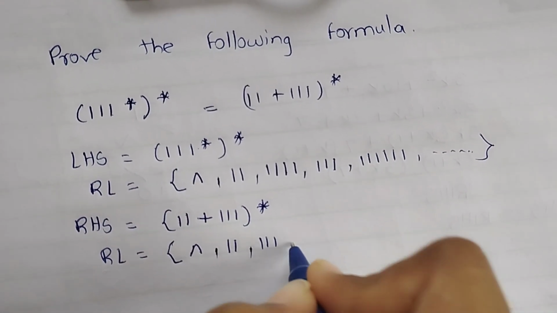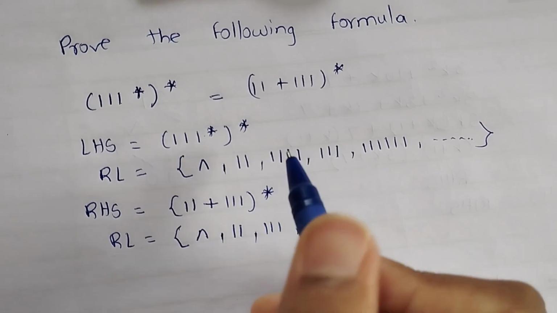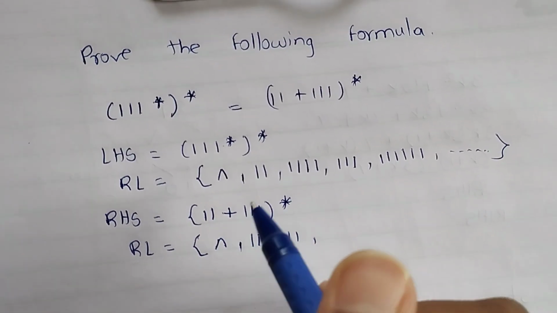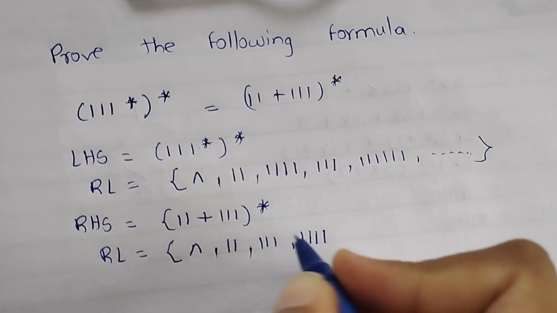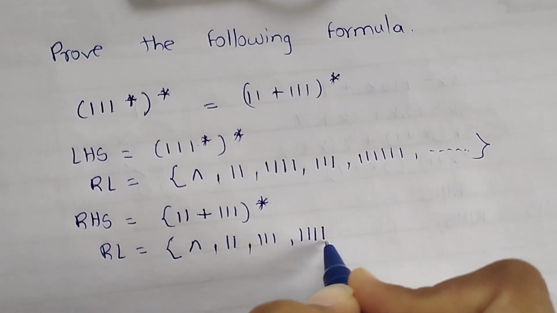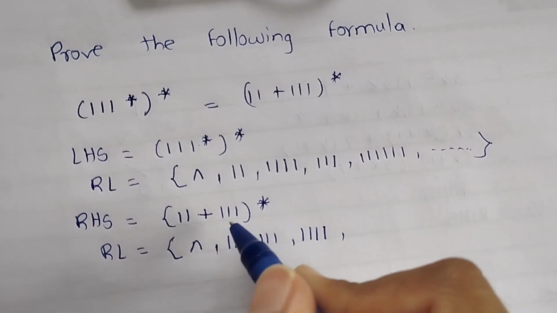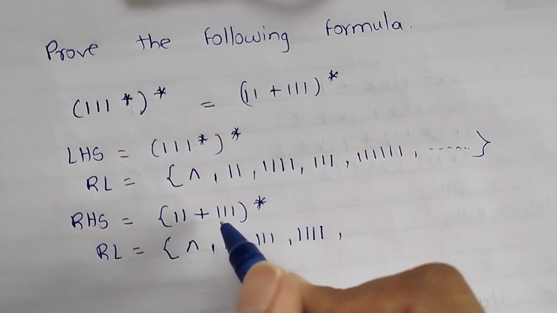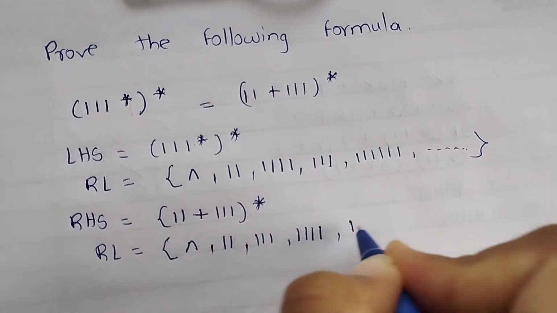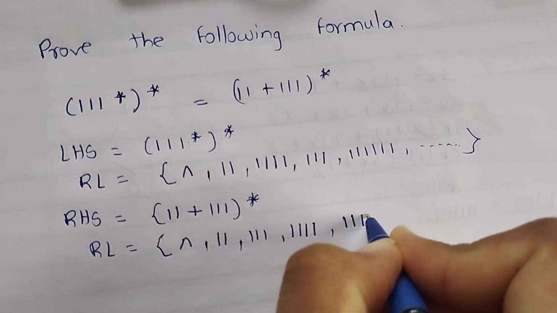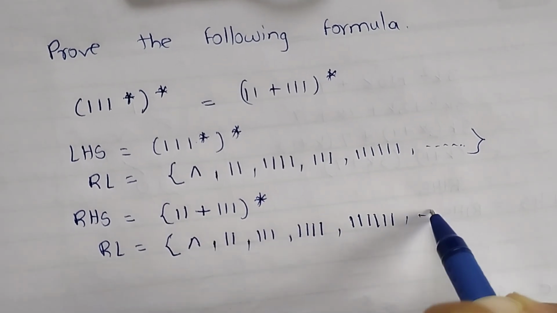Then consider I want to put 1 1 and the power is 2, means I write that word 2 times. So this is 1 2 3 4. This is for the first time, this is for the second time. So this is 4 times. Then suppose I want to write this 1 1 1 two times, so I write 6 times: 1 2 3 first time, 1 2 3 second time. So if we observe carefully, then